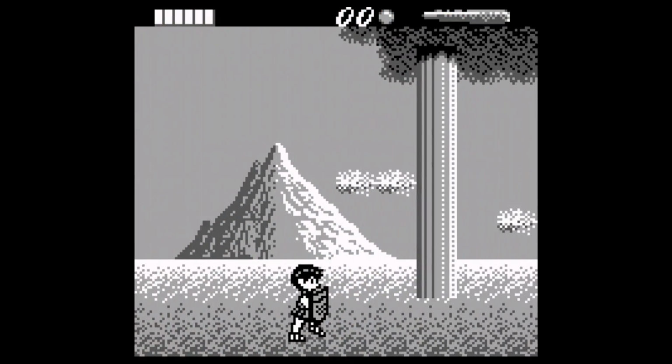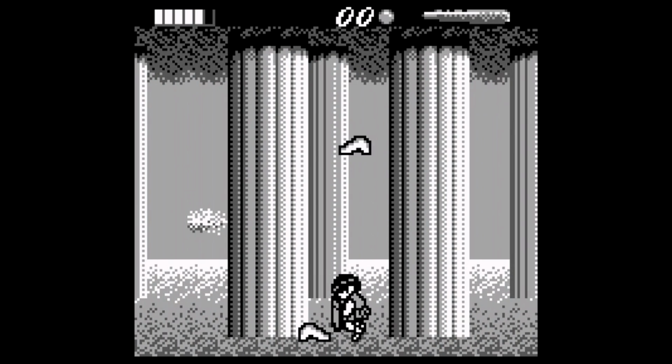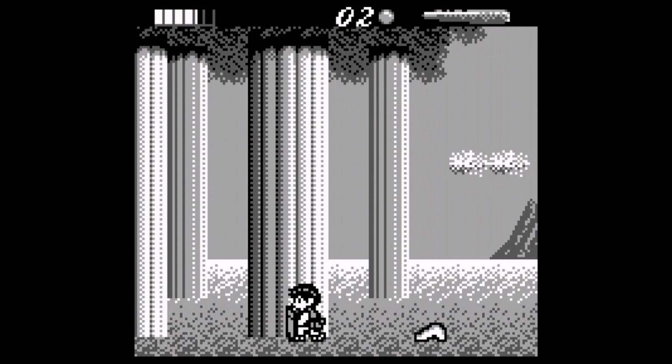The first one here, this is for the original Game Boy, and I wasn't sure if I'd got this one or not, but no, I don't have it. It's called The Battle of Olympus. And it does seem like quite an interesting game. It actually seems like a Zelda 2 style game, and you don't really see too many of them. So I was really excited to get this one, and it was £8